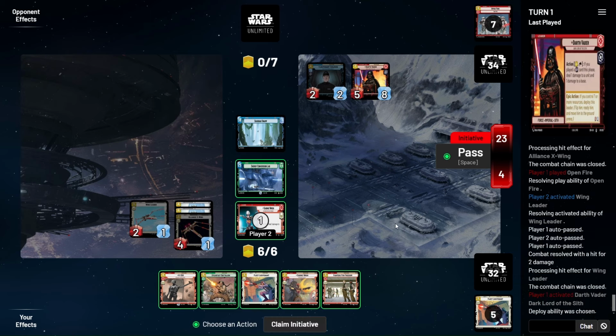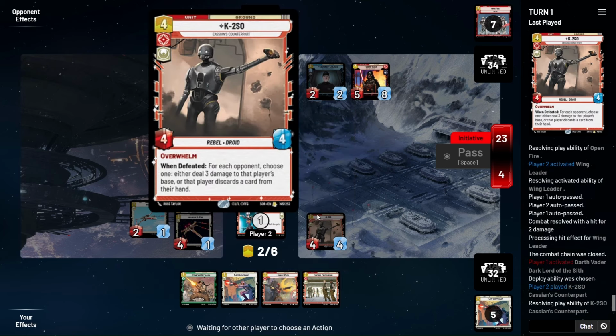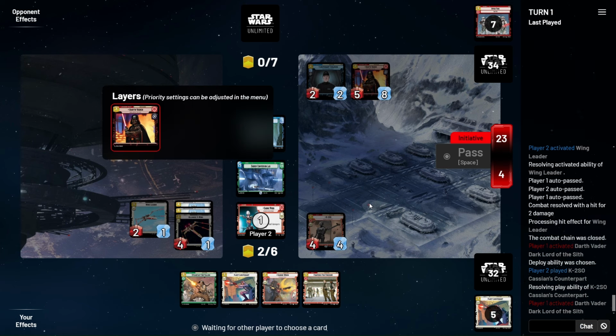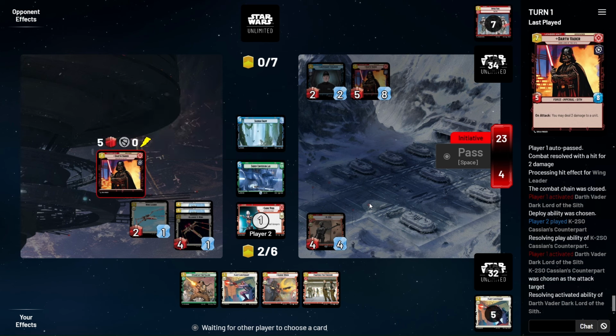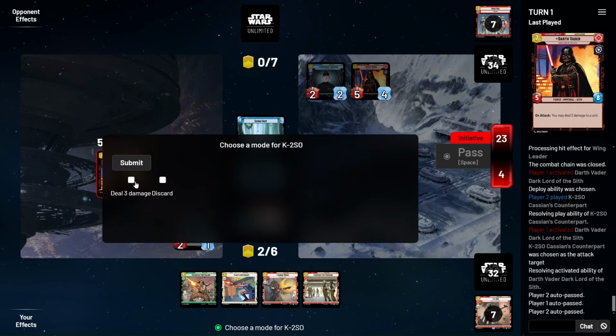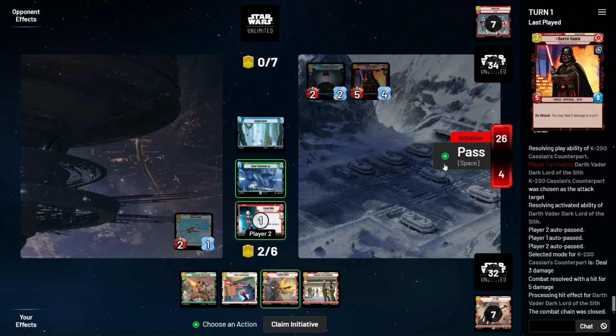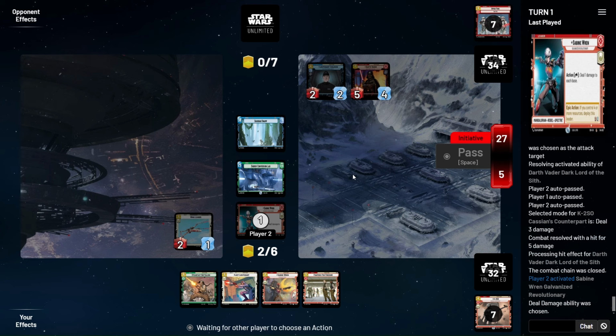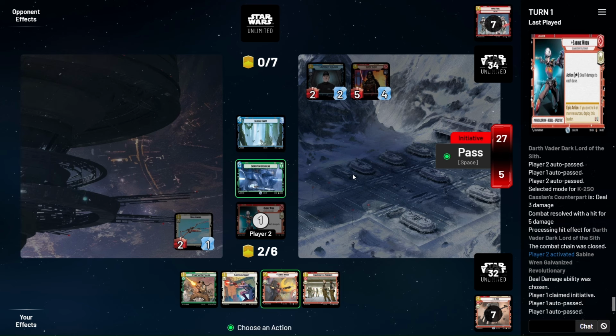So the only thing we're playing here is kick, because it's the only thing that makes any sense to play. Because if he kills it, we just do 3 damage. He's gonna kill Alliance, I guess. Yep. Yeah. And then we ping. So now we really just need, yeah,